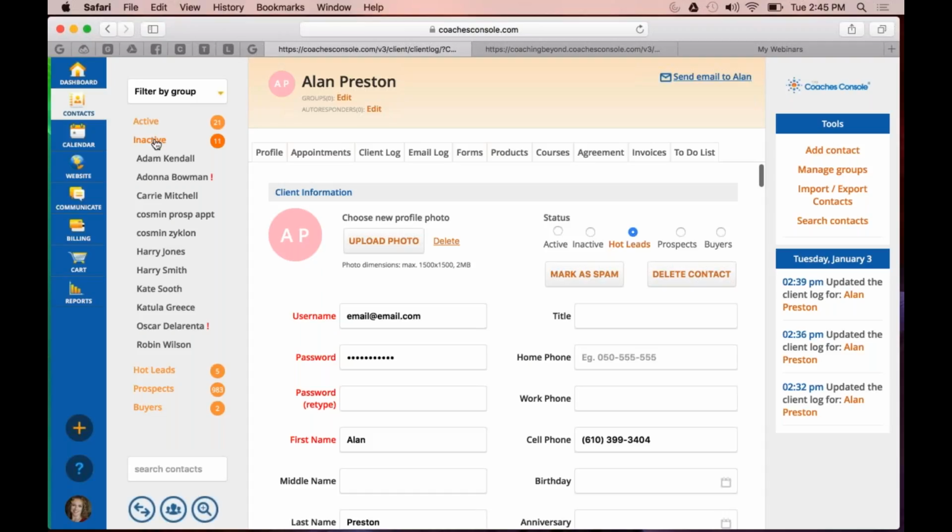The other reason I love this, I'm going to give you another little insight in marketing to inactives. Your inactive contact list is a source of your next clients. Here's what I mean by that. A lot of coaches think, oh, I worked with Sally 2 years ago. We worked together for 6 months and she was complete and she was done. So off she goes and I'll never hear from her again, which is so not true, because life comes in